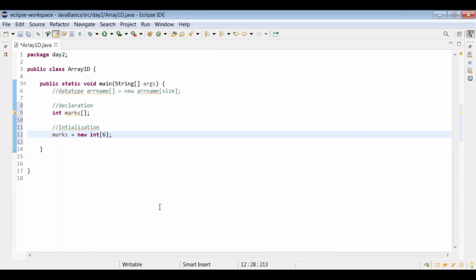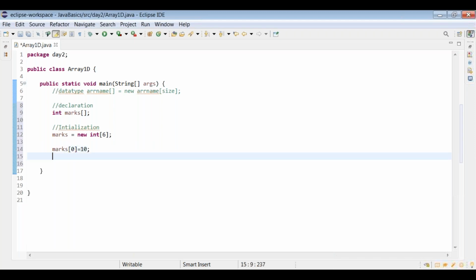Now, how do we store the values? If you want to store values, you have to access the array using the index, marks of 0. First, let's store the value 10. Suppose you want to print the value stored at a particular index, then we can use marks of 0.